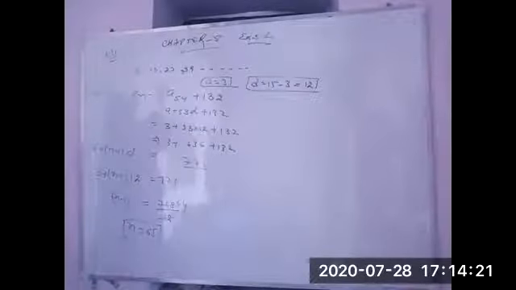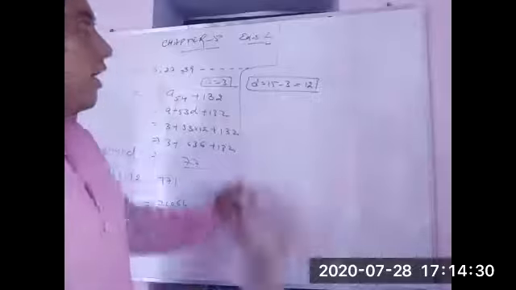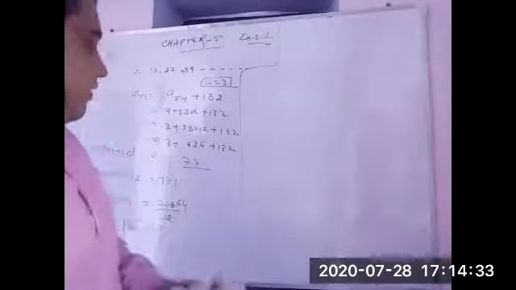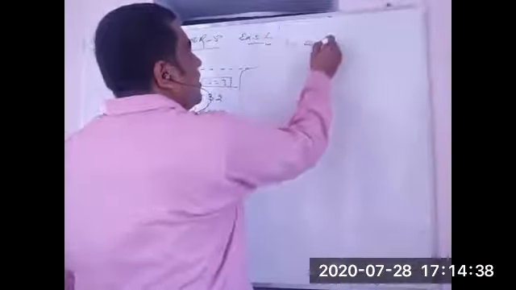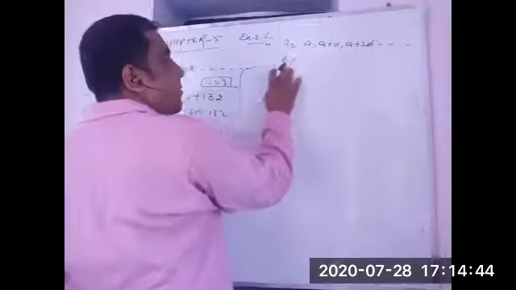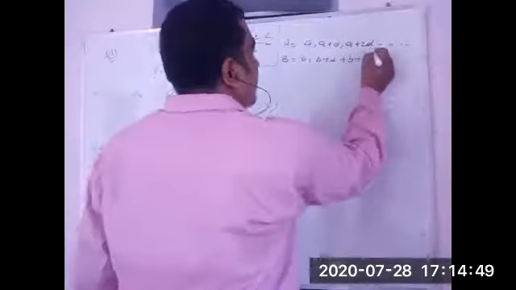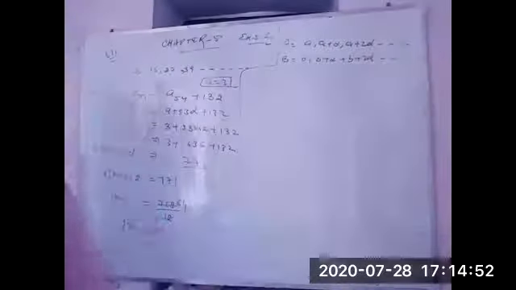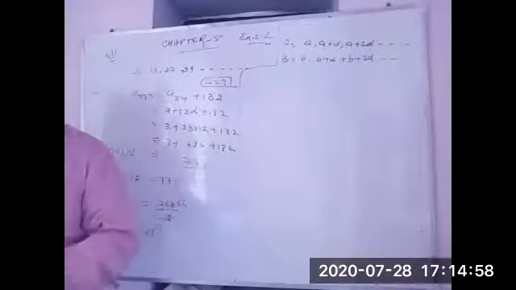Now question number 12. Two APs having same common difference. We are having here two APs, and these two APs having same common difference. Now, one AP we are calculating from A plus D, A plus 2D, and so on. Second AP we are calculating from B plus D, B plus 2D, and so on. D I have taken same in both, not taken D1, D2. D is same because in the question they are telling that D is same in both.